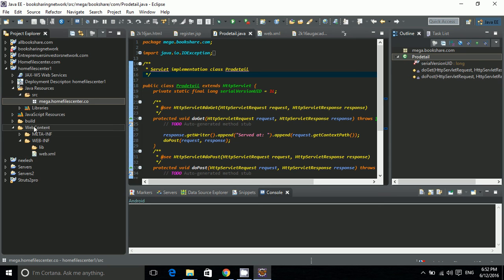And inside this WebContent folder, you have to put all your JSP, CSS, images, and every other front-end thing. Front-end things means everything the client sees in their browser. All those files must be stored in WebContent, and all the backend Java files, mainly the dynamic Java files, must be stored inside the source folder.